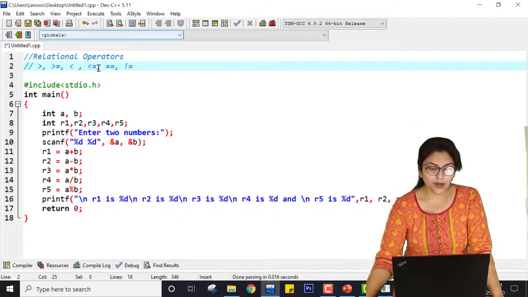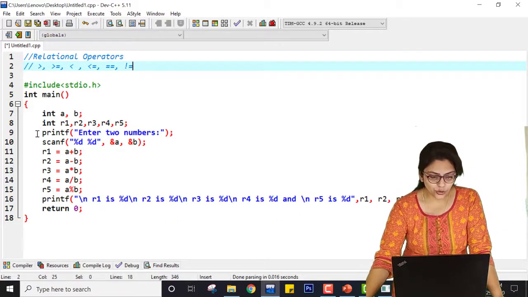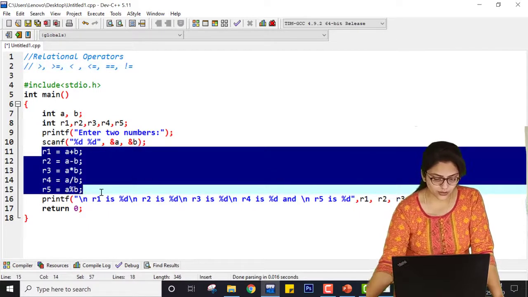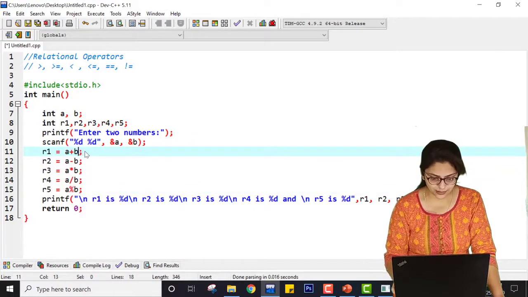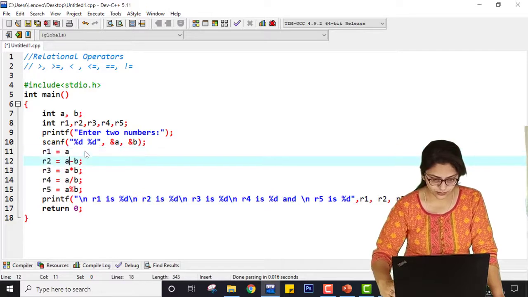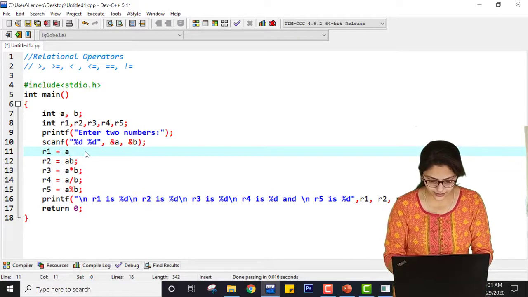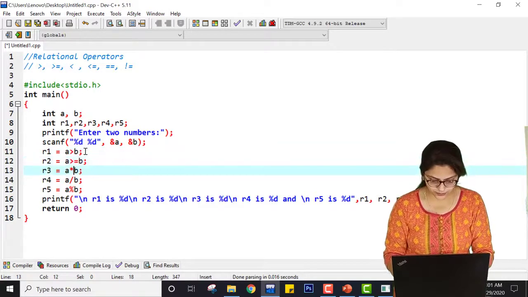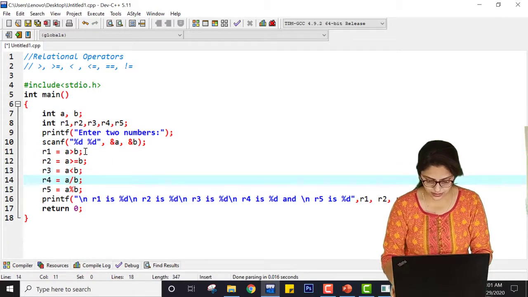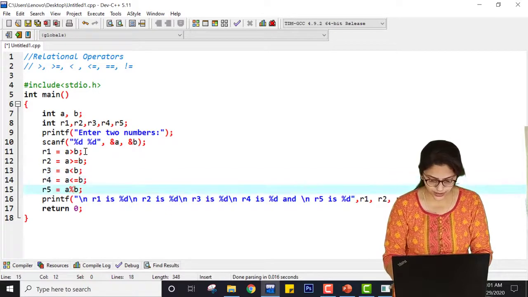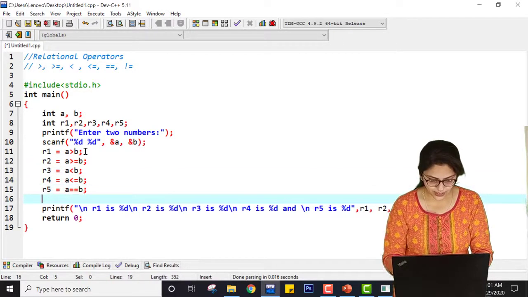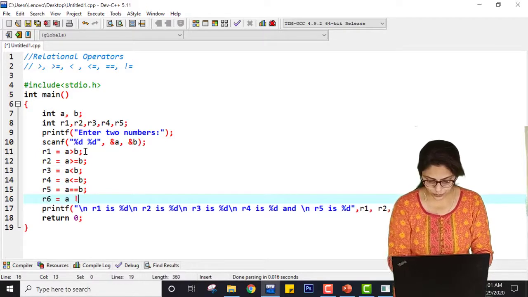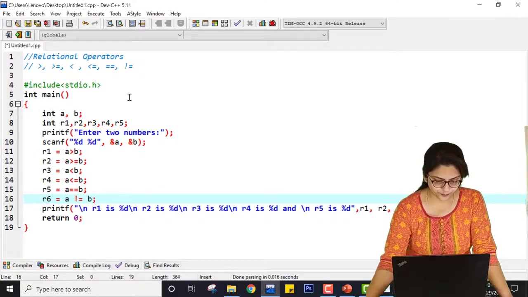So now here what I can do, I am taking this as it is, but instead of this R1 I am writing A greater than B, A greater than or equal to B, A less than B, A less than or equal to B, A equal to B, and one thing is A is not equal to B, right?